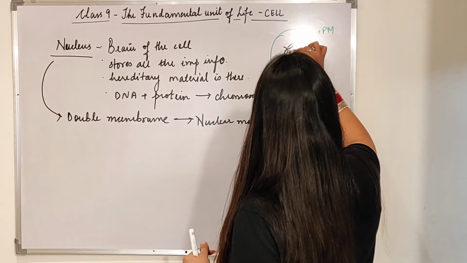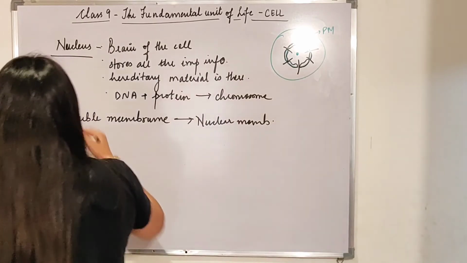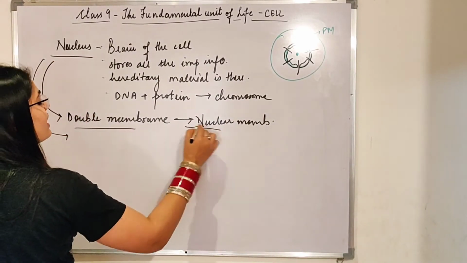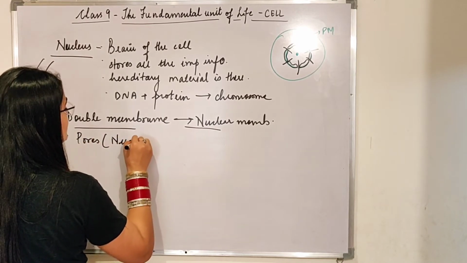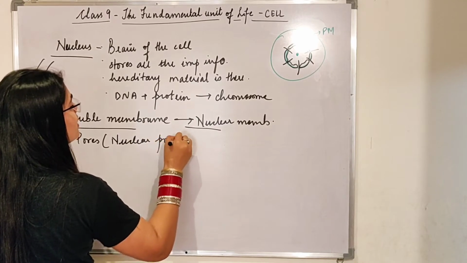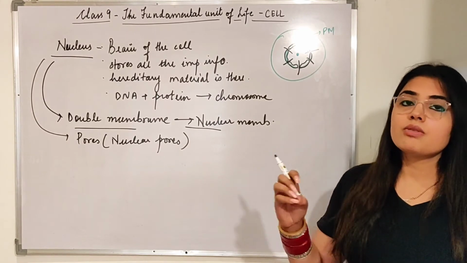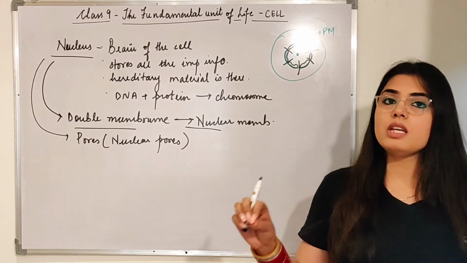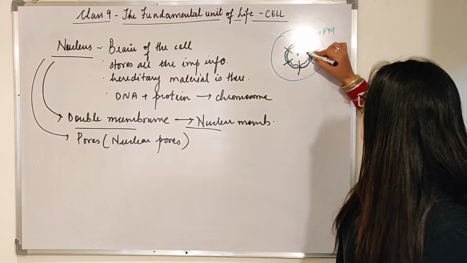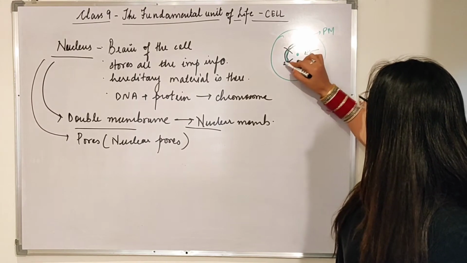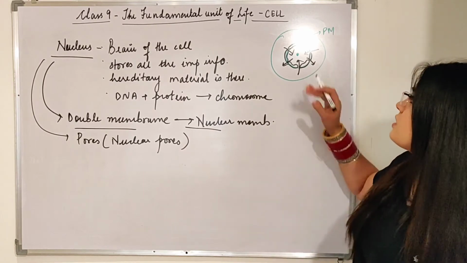So these holes, beta, which you can see in between, what are these? These are pores. So the nucleus has a double membrane, the nuclear membrane, and it has pores. These are known as the nuclear pores. Nuclear pores, beta, what are they helping in? They are helping in the entry and exit of certain substances from inside the nucleus to the outside, or from the outside to the inside of the nucleus. So these pores are mainly acting as pathways. From inside to outside, any material which needs to be transferred is transferred through this.